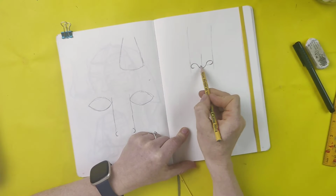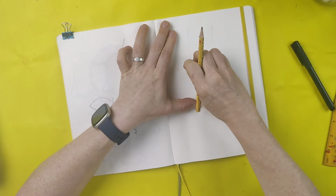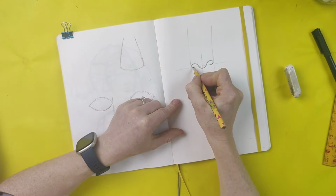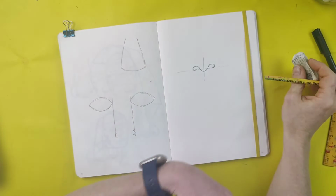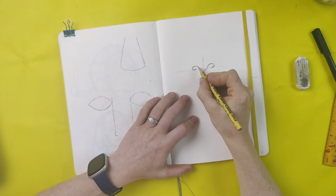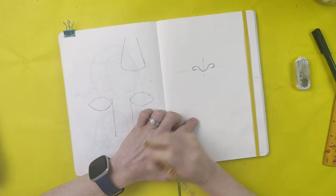And you can even check here, is it working right? Is it parallel? All right, so here I've actually come down a little bit too low. So I can just rub it out and curl it in a bit more. And then I can rub these lines out because that's not going to be the edge of the nose. That's just the edge of those nostrils. All right. And then, so we've done our U, we've done our little curl out like a mustache,